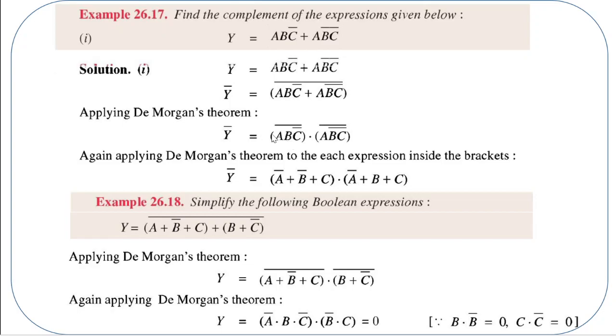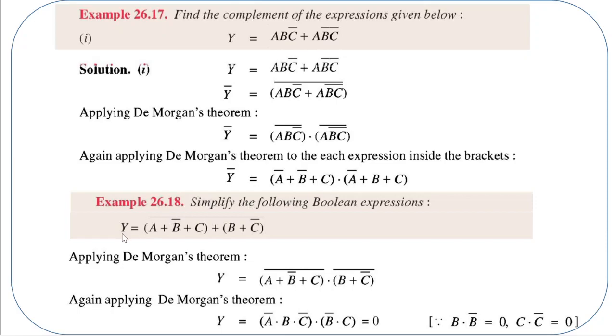So the first term I can write as A complement plus B complement plus C double complement. C double complement is nothing but C, right? So this dot, here also I am applying De Morgan's theorem, A complement plus B complement complement, nothing but B plus C complement complement. Once again, this is also C. And can you simplify this further? If you want, you can find the products, but that may not give you an even simpler expression, so you can stop at this point.